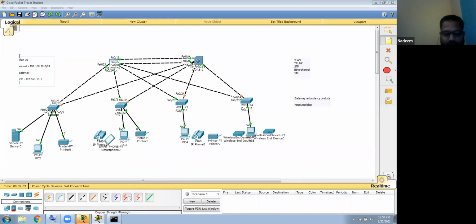Then on core switch 1, we define 192.168.10.2. And on core switch 2, I am defining 192.168.10.3.